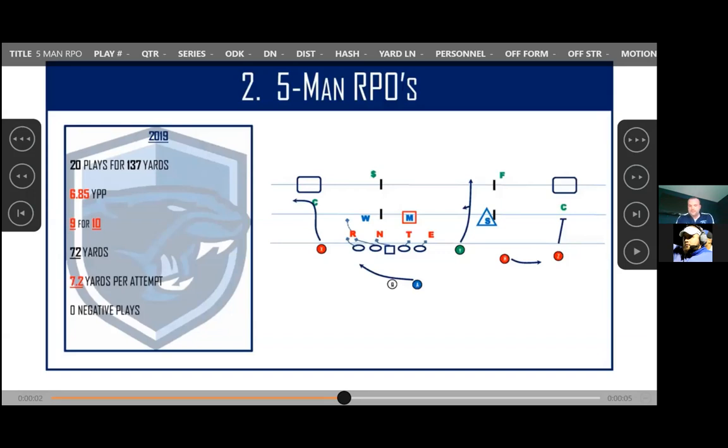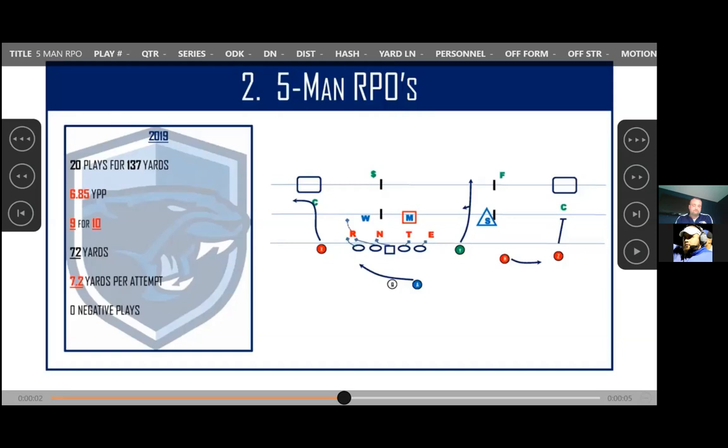So what we typically do is we do this with our mid zone, which is slightly wider. It's a slightly different angle for the line. The reason we do that is inside zone is so downhill for us. We worry that we're going to get to the second level maybe too fast because we teach a wedge 90, a vertical double team. This is a little bit more of a stretch. I wouldn't call it stretch zone, but some people might. And then now that'll let us read this guy here.